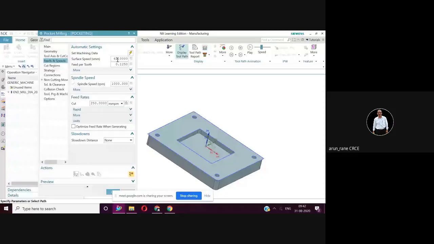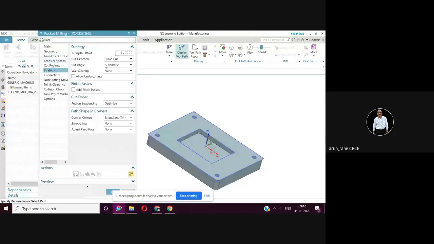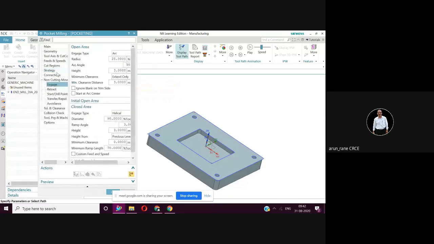If you press enter, you see the cutting speed is 62, with the feed per tooth and feed in millimeters per minute shown. Then go for strategy: conventional, that is upcut. I'm just showing you the important parameters, otherwise it will take a lot of time. You can explore the rest on your own.